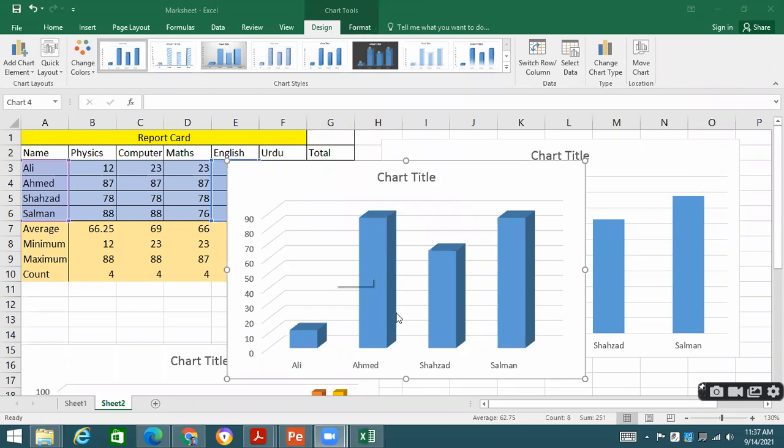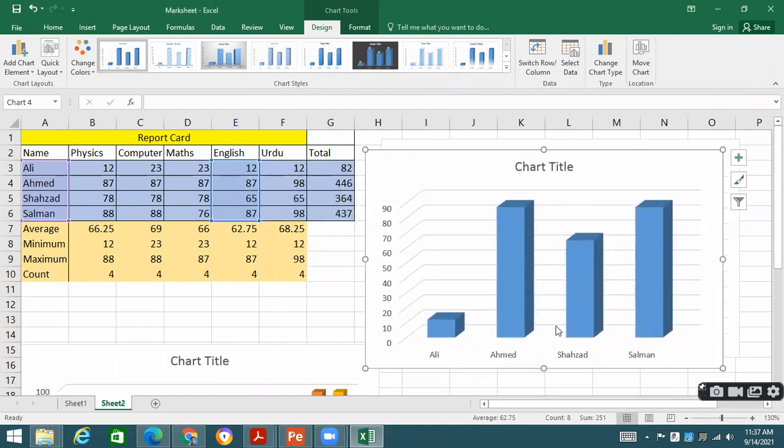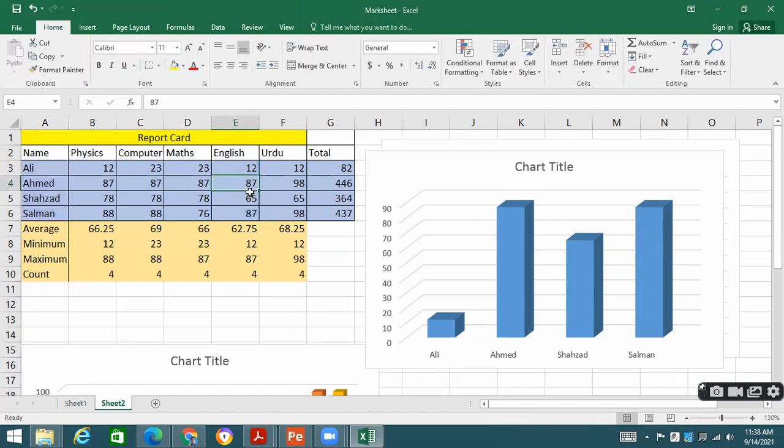Ali has got almost 10 to 20 marks. Ahmed has got more than 90. Shahzad has got, you can see the bar position, more than 70. Salman has got these marks. So bars are there that you can see. And if I change something here, let's suppose I change the marks of Ahmed to 34 and press enter, you will see that the bar is also changed.